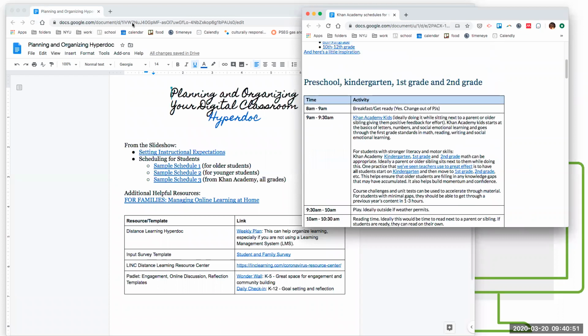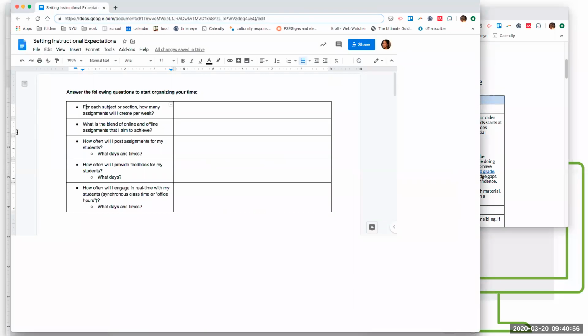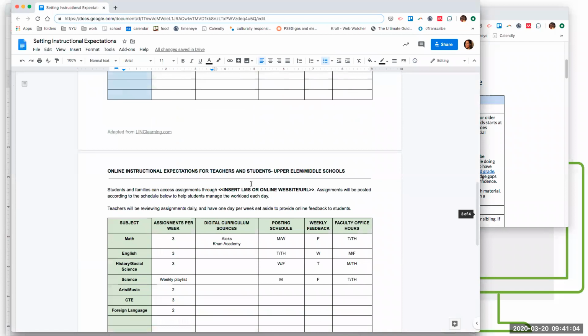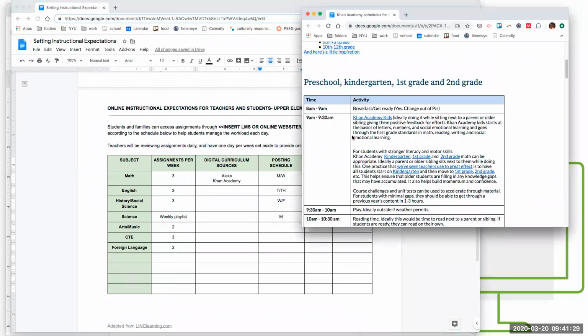And also, when you're thinking about setting instructional expectations, I really do recommend, and like I said, we're moving ahead without doing all the pieces in order because I just want to show you everything. But I would actually spend the most time here first, thinking, all right, I'm going to make 3 assignments per week. What days am I going to do it? What days am I going to give feedback? You might not even think about office hours yet. You might just think, what are my 3 assignments going to be? What days of the week am I going to post them? And that can get you started with, all right, so I need 3 math assignments. What are my objectives? What do I want to look for? And that's when you can move into a daily schedule.